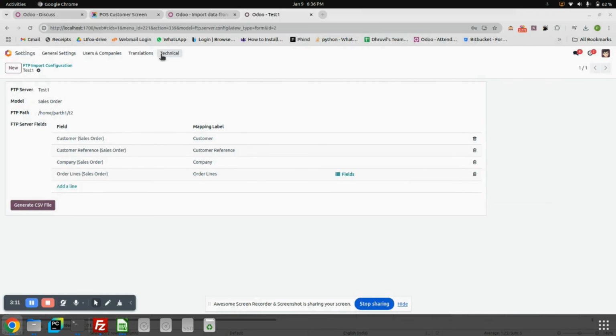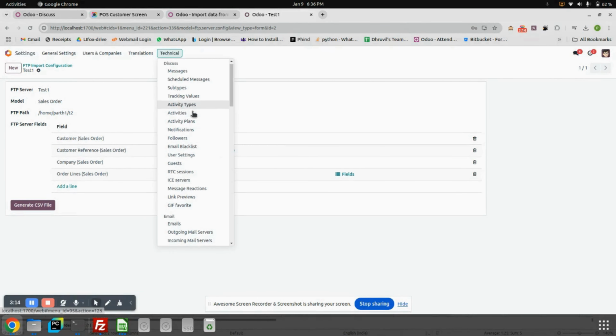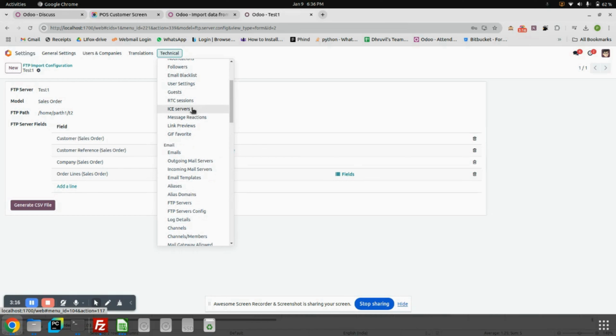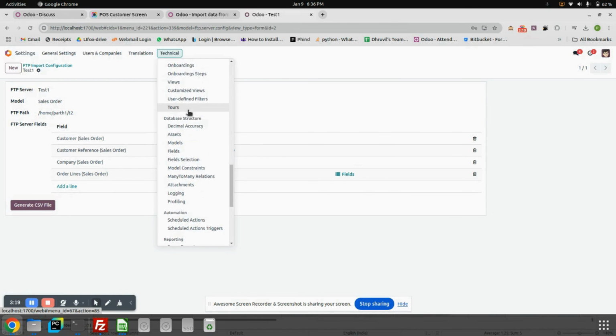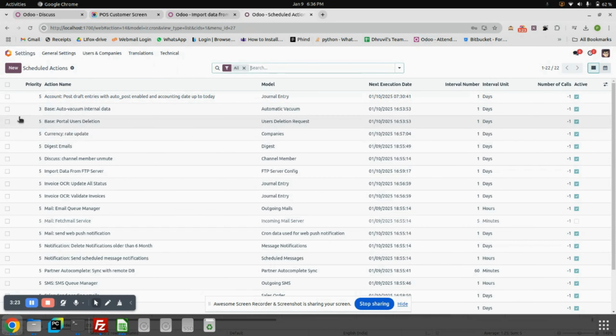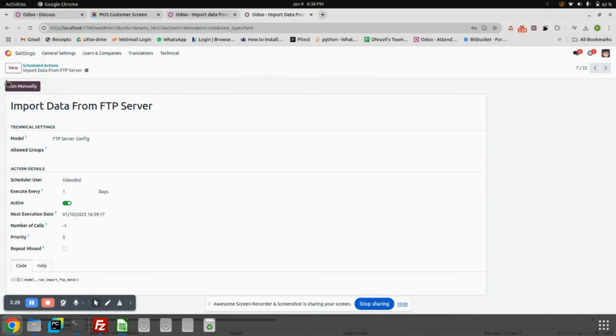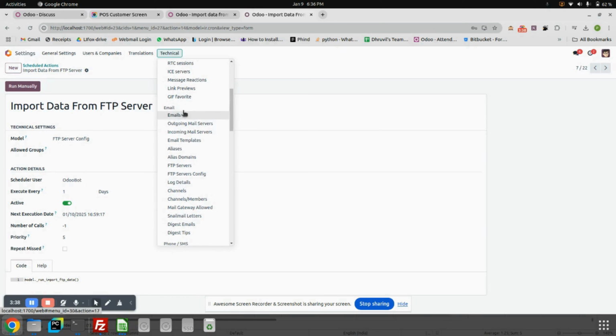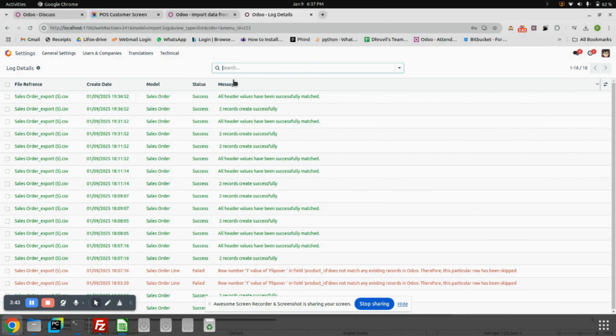Now we'll go into the technical again, and then we will go into the schedule action button. Here it is, schedule action button. We go into there, and here the import data from FTP server is there. When we click onto this, we have one smart button which is run manually, we click on that and it will load automatically. And then we will go into the log details to check whether our data is imported or not. When we go into the log details, here you can see our data is imported,